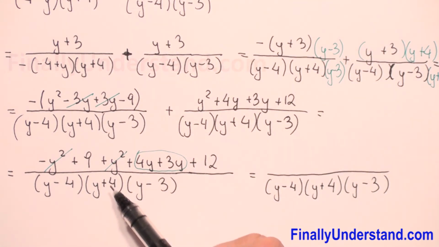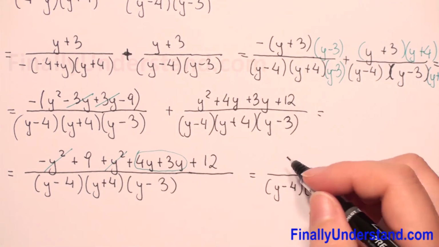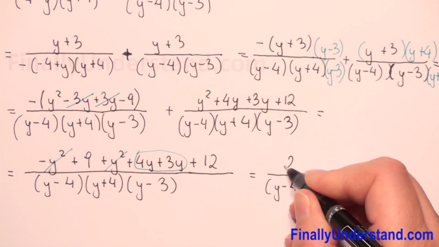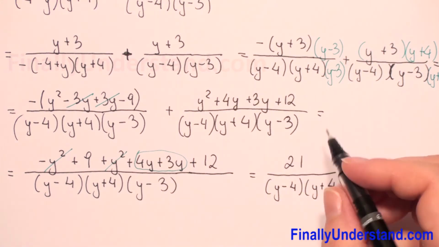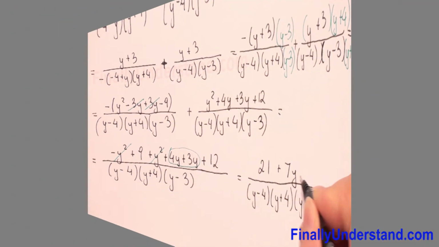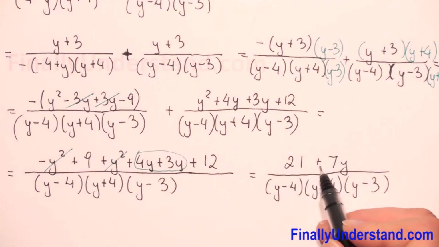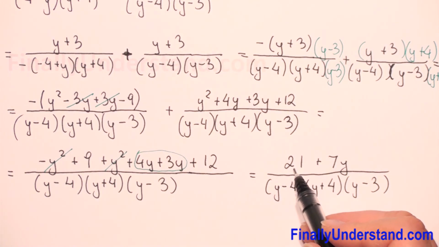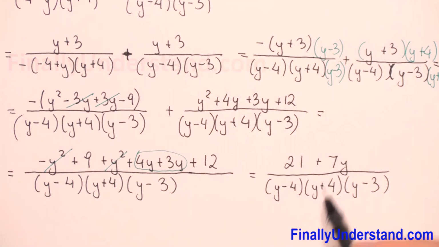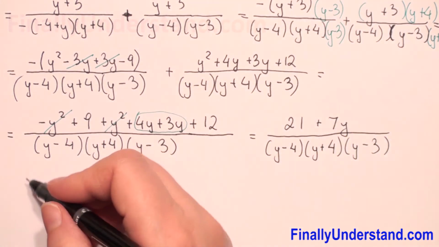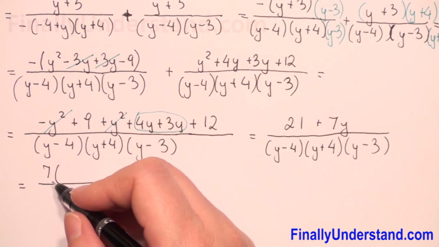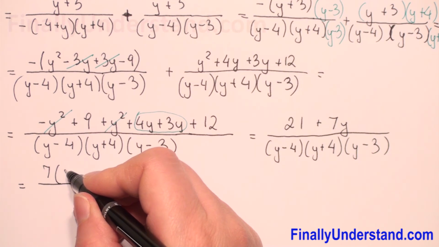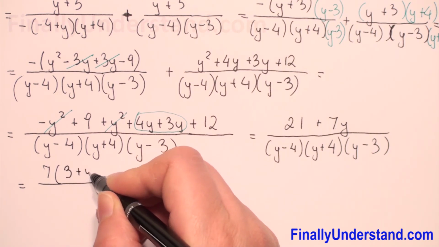So we have 9 and 12 giving me 21, and 4y and 3y will be 7y. We can factorize 7, because the greatest common factor for 21 and 7y is 7. So we have 7, and in parentheses we will have 3 plus y,